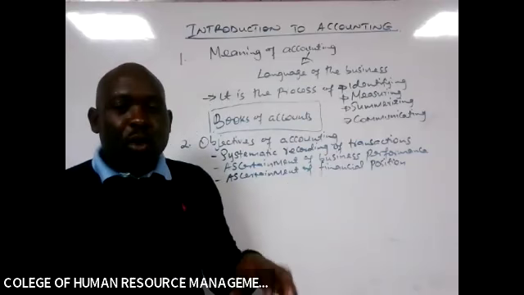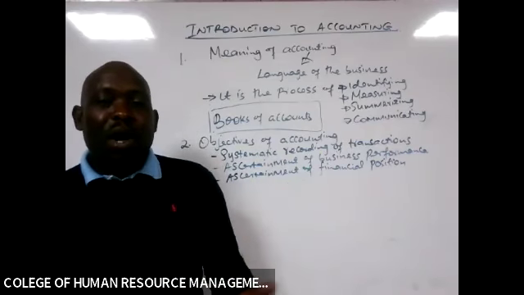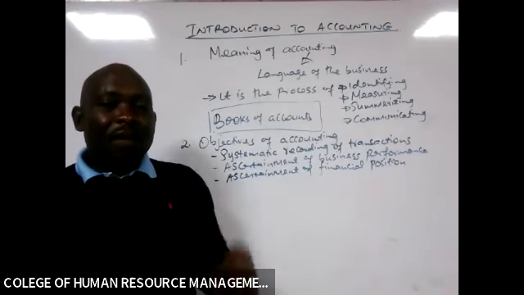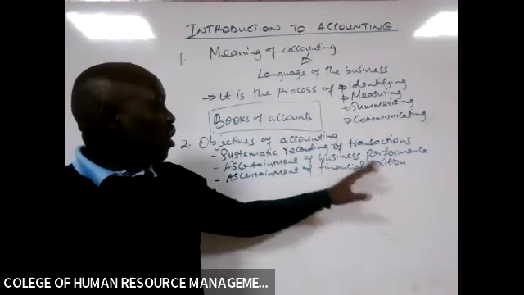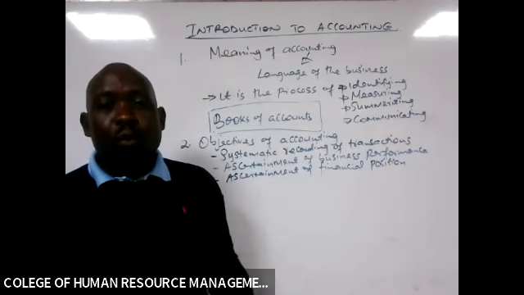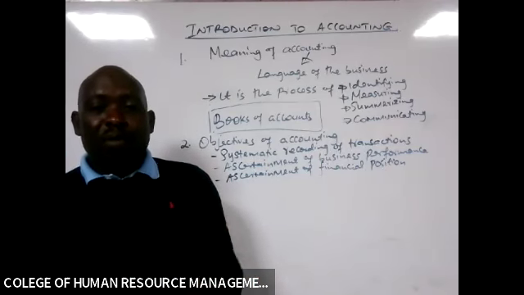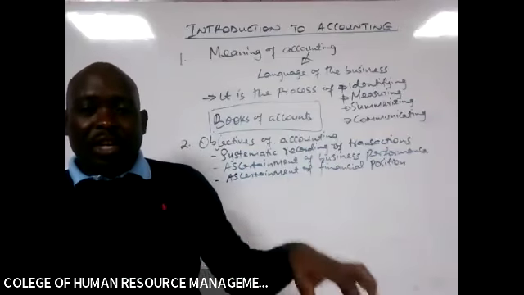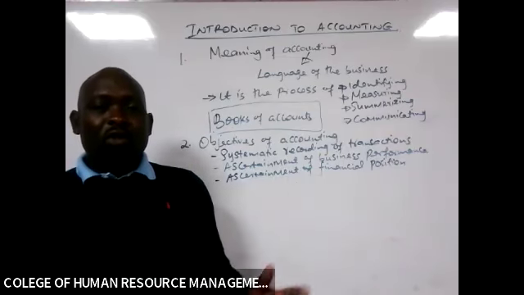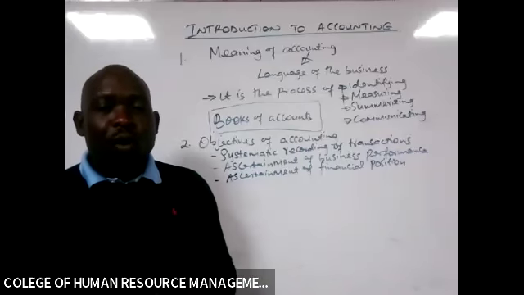If I have got resources worth 1 million, I have got liabilities worth 400,000. Therefore, my financial position is 1 million minus 400,000, which is 600,000. Similarly, a business will be able to know its financial position through accounting. What are the resources that the business owns? It has land and buildings, it has motor vehicles, it has inventory, it has cash balance in the bank, it has cash in hand in the petty cash. All those resources, if we add them, and then we pay all the liabilities that we have,